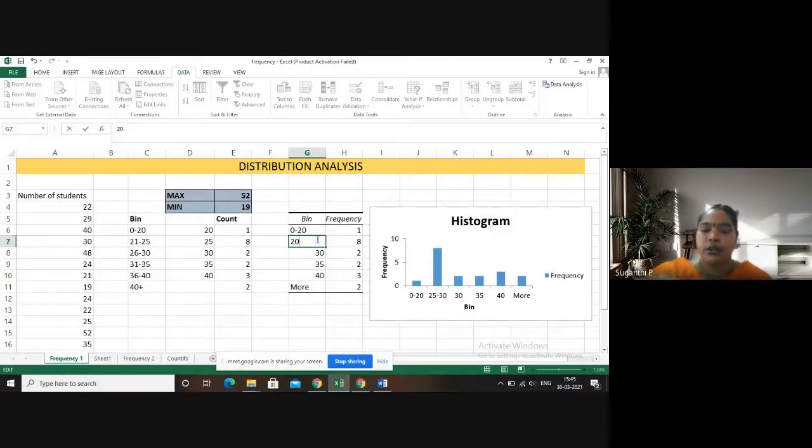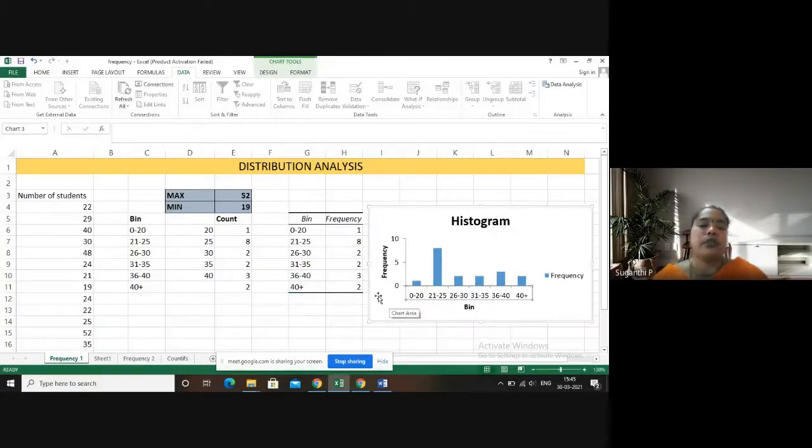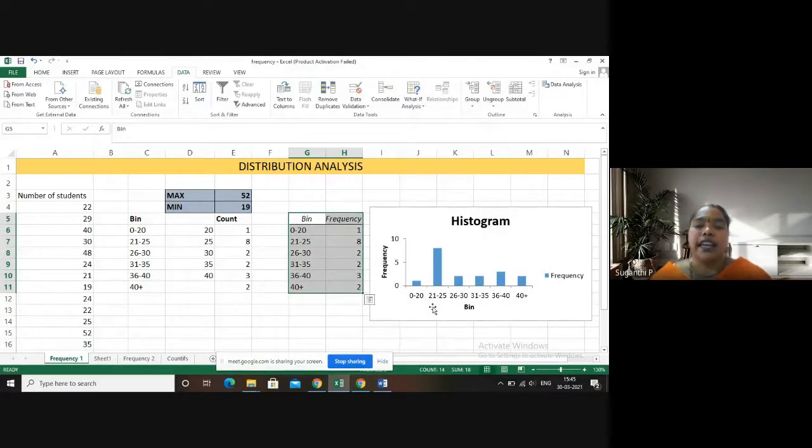So it is 21 to 25, and then 26 to 30, and then 31 to 35, and then 36 to 40, and then 40 plus. I'm typing it as 40 plus. Okay, so now you can see the bin values on the x-axis are changing since I have renamed them to the original version.